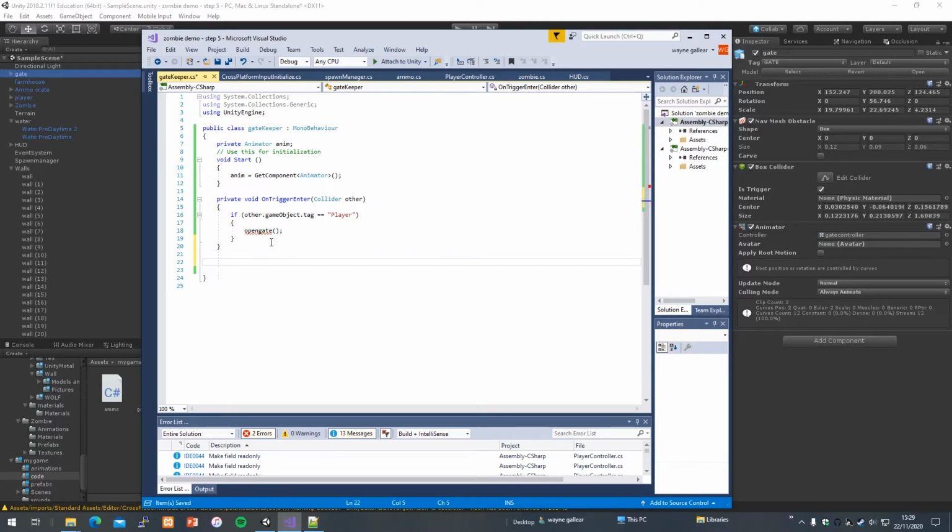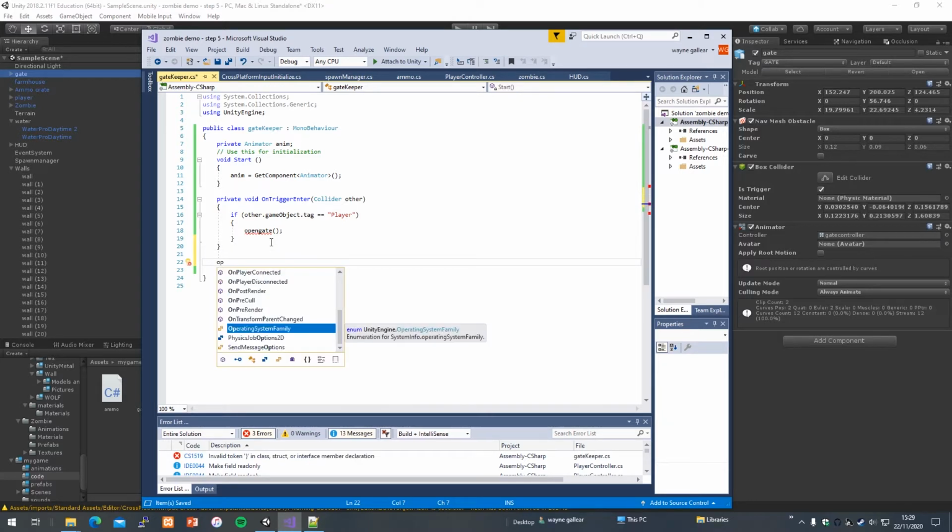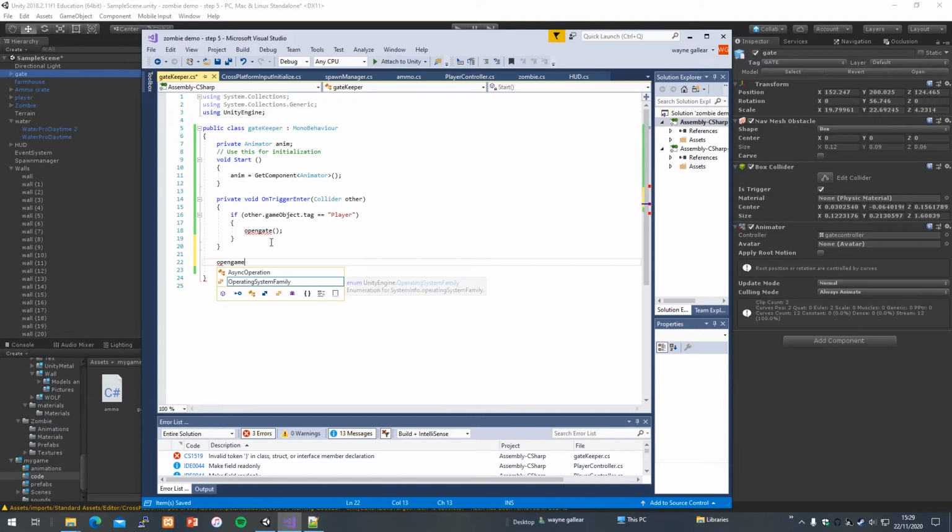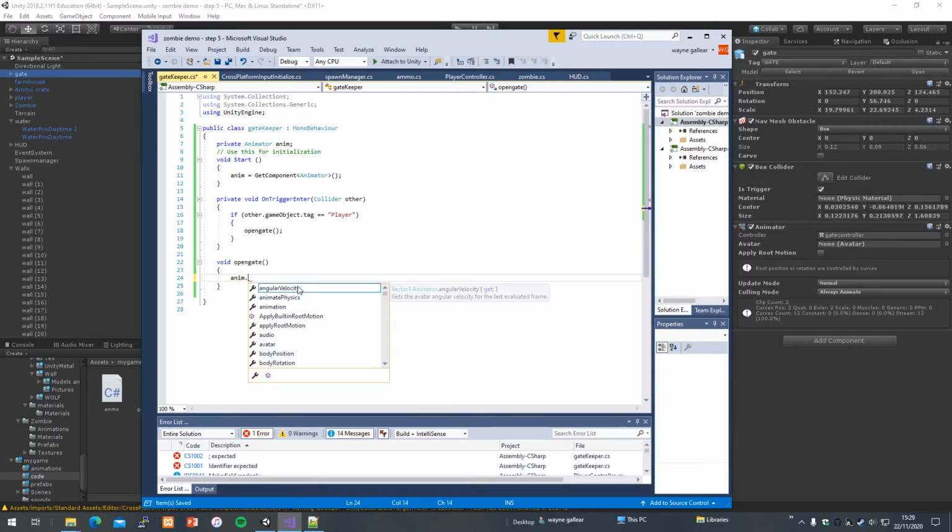I'm going to actually do that little routine now. OpenGate, and this is a function, so we type in void OpenGate, and it gets rid of all my little errors that I was generating there. So it's going to be anim. We've done all this before in the zombie, really. Anim.SetBool,